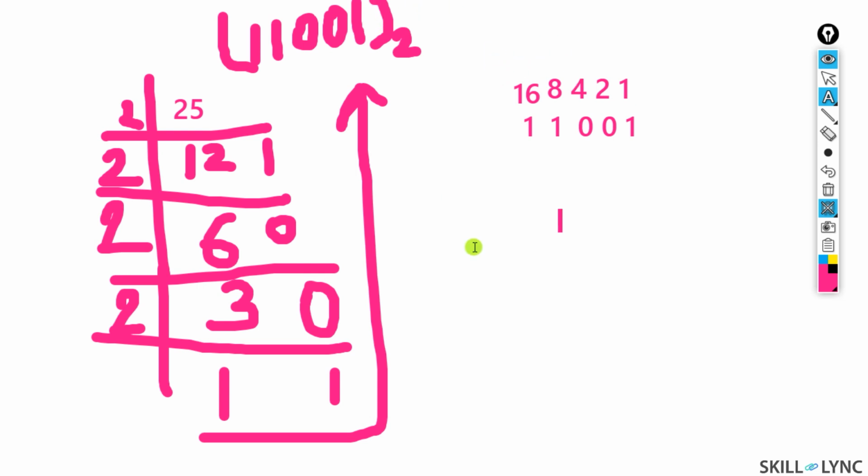And after that, the fraction part, whatever the value is. For example, the question is 25.02. They want to convert it into the binary number system. So for 25 you will go by this way or this way, and 0.02 you will just multiply by 2. It is 0.4. Note down 0 again. Now it is 0.8, sorry, 0.4.